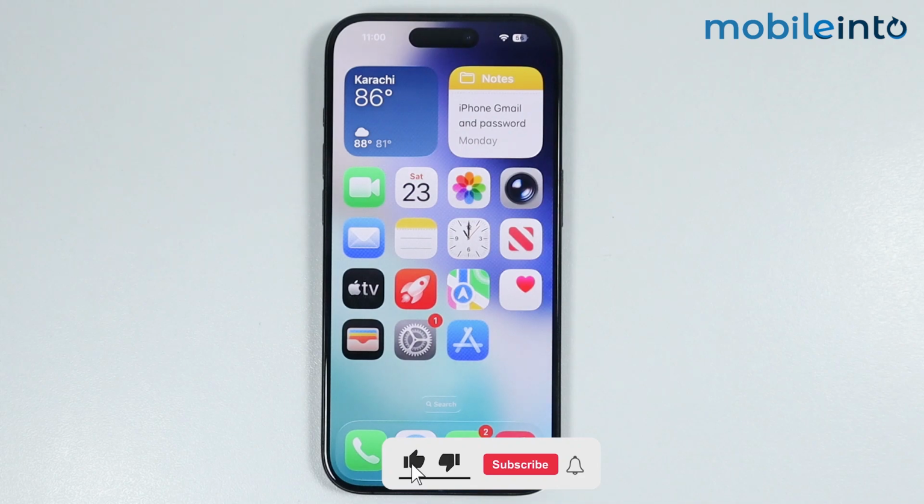Now for the second tip, sometimes this problem is caused because of the screen protector which you have applied on your iPhone. Just remove the screen protector and check if this fixes your issue or not. Now, if you have done that and if this did not fix your issue, now for the third tip, just